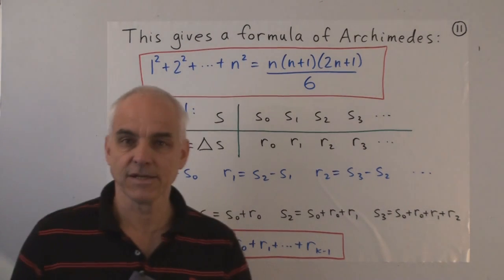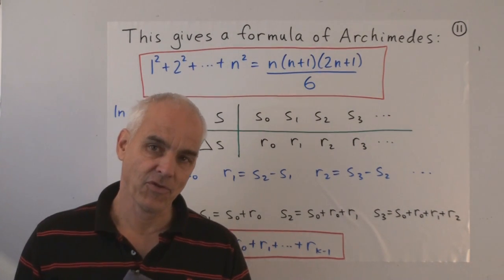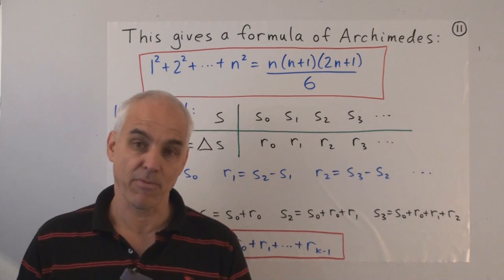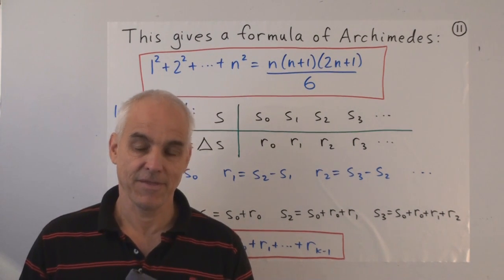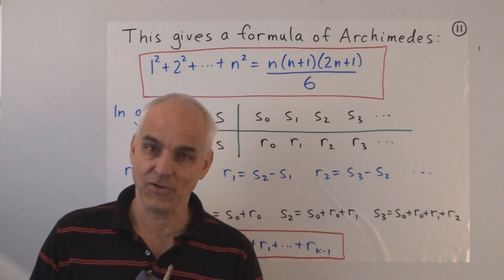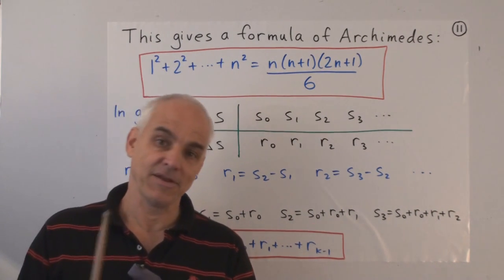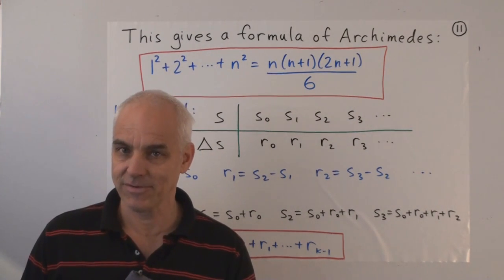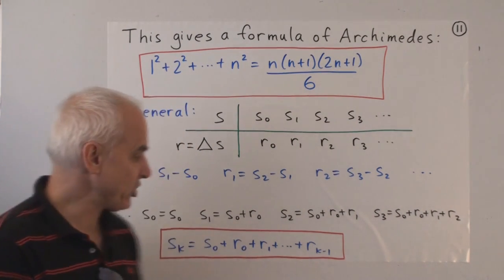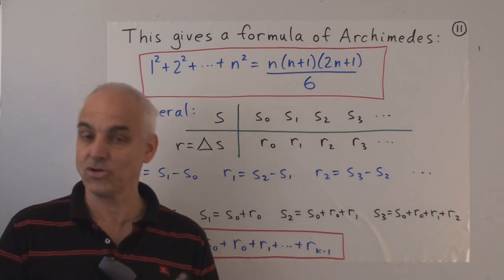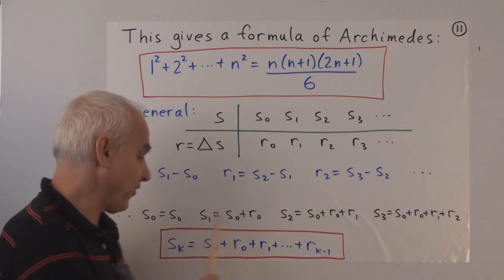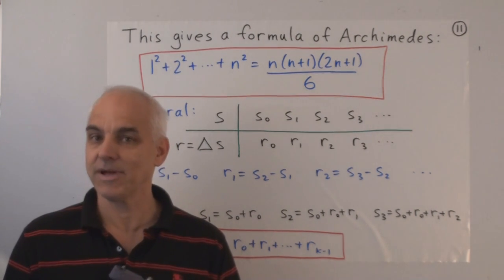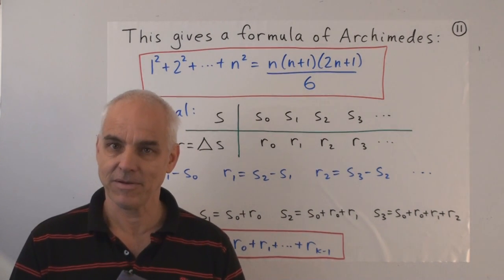This is showing us that taking forward differences and summing are, in some sense, inverse operations. The situation is completely analogous to, in calculus, the differentiation and integration are inverse operations. Summation is like discrete integration, and taking a difference is like a discrete differentiation. So it's reasonable that that parallel be around.